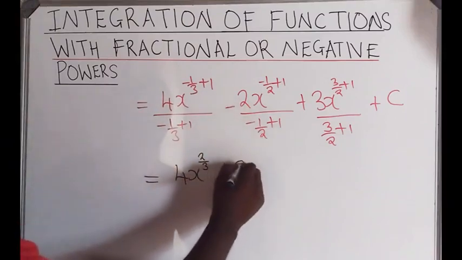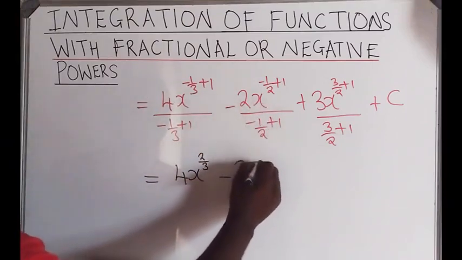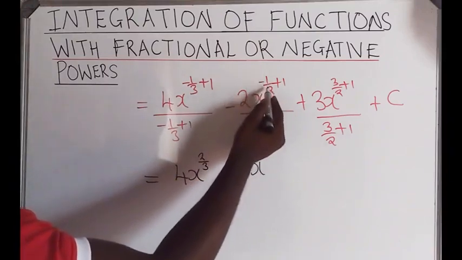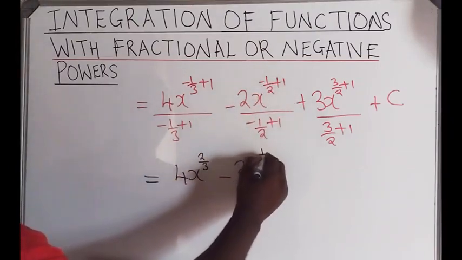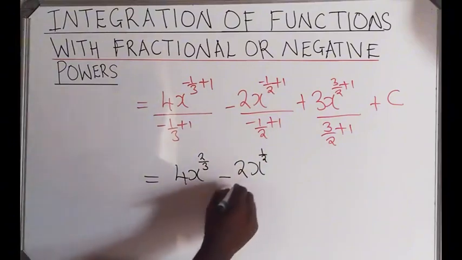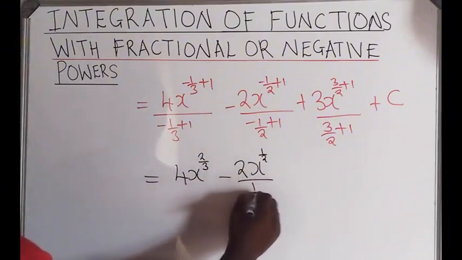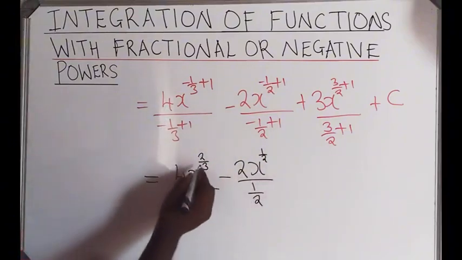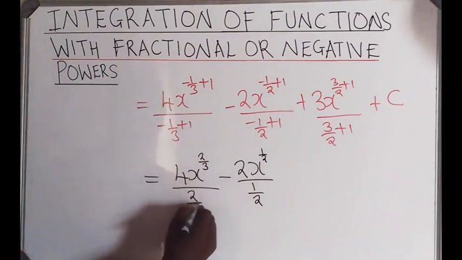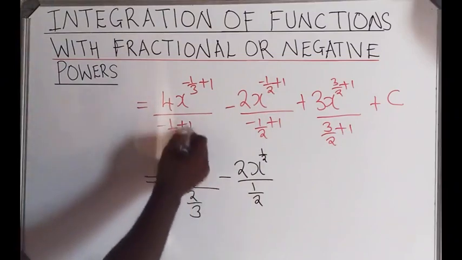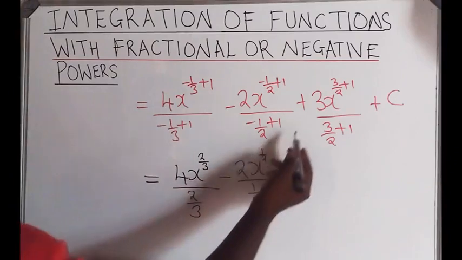Minus, you write this 2, then x. So negative 1 over 2 plus 1, you get half. Okay? Again, over half. So even here, we said 2 over 3, we said over 2 over 3 because we have simplified this. Okay? We come here plus